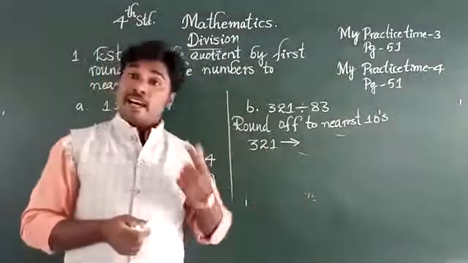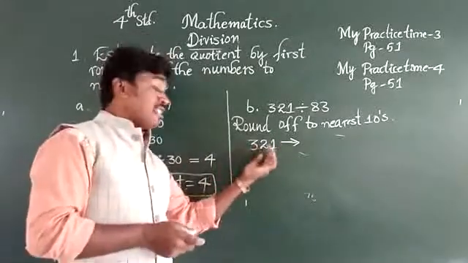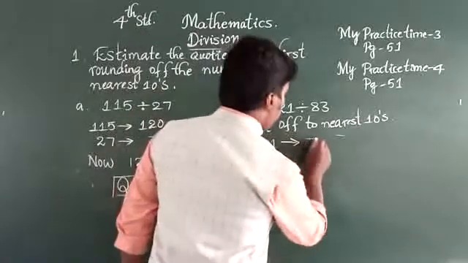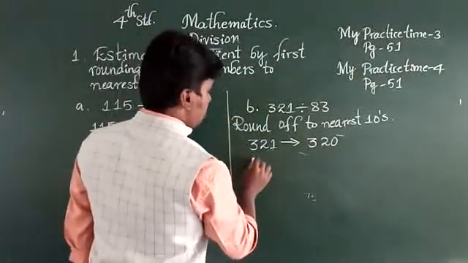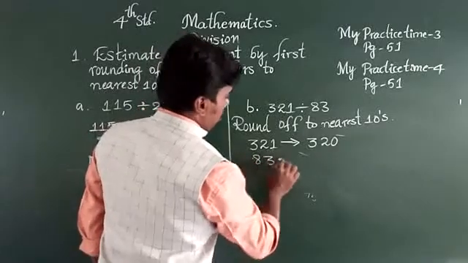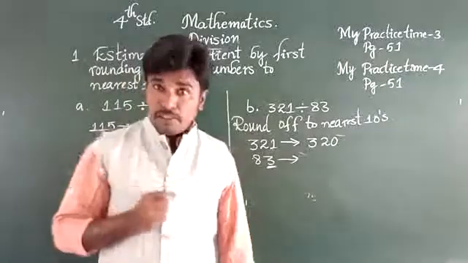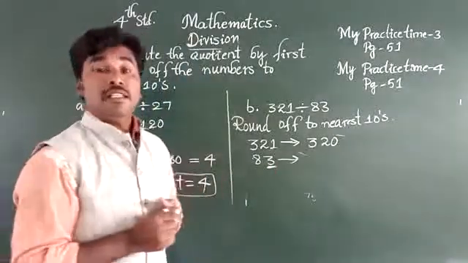Last digit is 1. It is less than 5. You come to the same 10. That is 320. Now come to the second number, 83. Observe the last digit. It is 3. Again it is less than 5. So you come to the same 10. The same 10 is nothing but